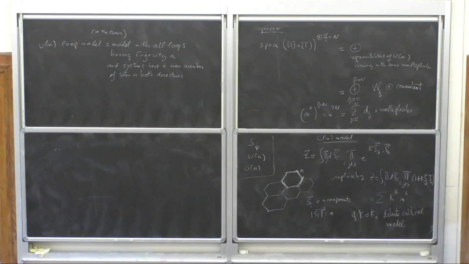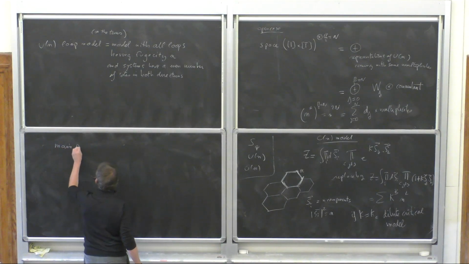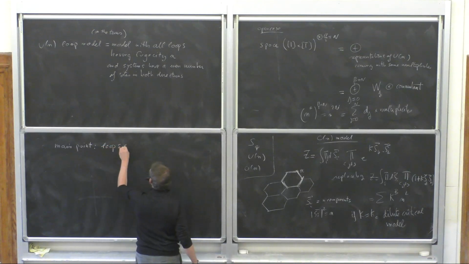And point number 2, it's not the same as the U(N) loops, because the loops for O(N) are not orientable. So the main point is now the loops are not orientable,